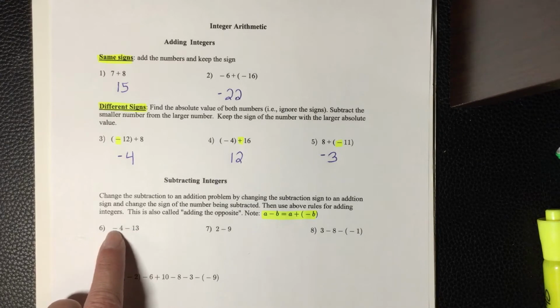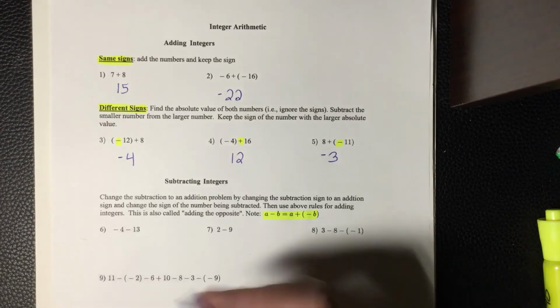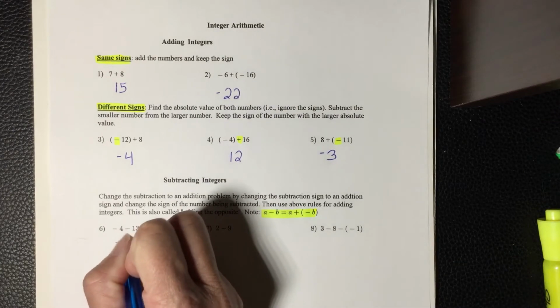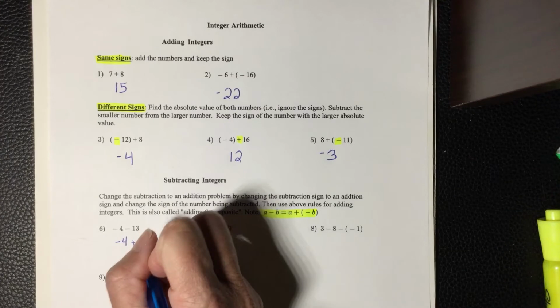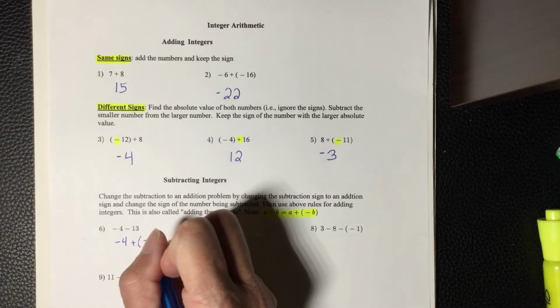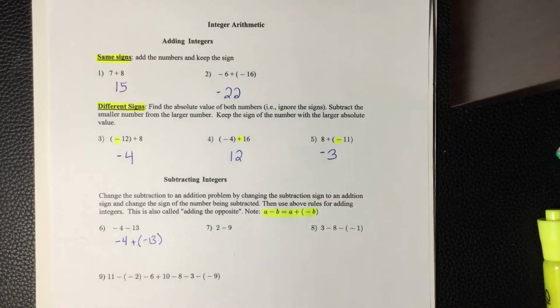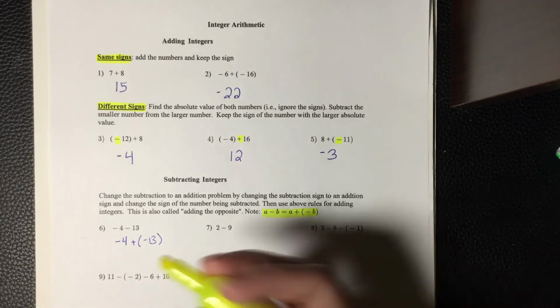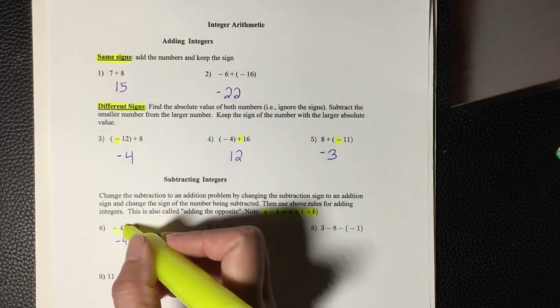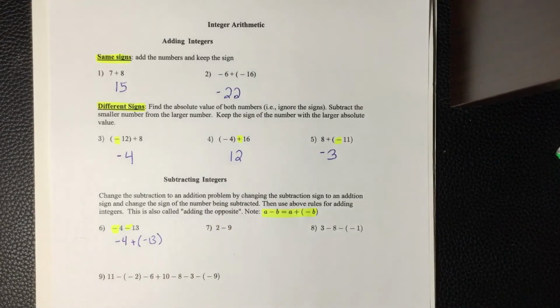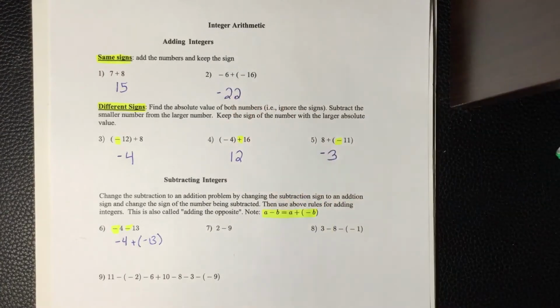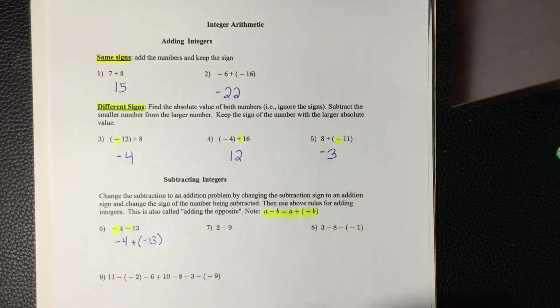So this one's a negative and this one's a minus. I can rewrite that as -4 plus the opposite of 13, which is -13. Another way to think of it is I just look at what's in front of both numbers, and since it's the same, I go back up to this rule. I add and I keep the sign. So that's going to give me